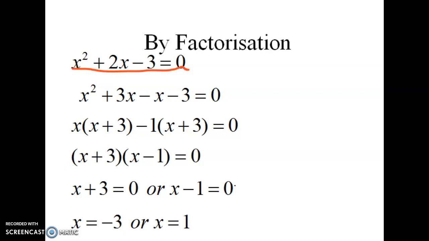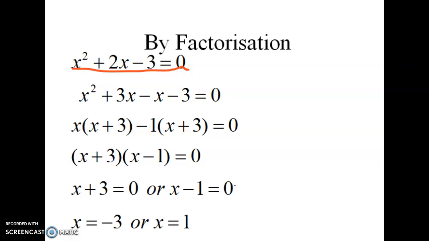Okay, we might have a 2x here, 3x, 5x here, but I'm going to give you a way which will work no matter what the coefficient of x squared here, or 2x is here, or what is here. All right, so what you need to do is simple, is to find two numbers, two factors of,